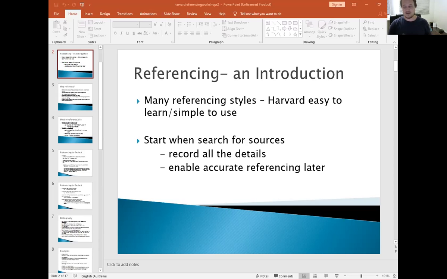How many times I've written an assignment and then forgot where I got the information from. An uncountable amount of times. You take information from somewhere, at least put the link or write the information down somewhere in your reference list. Do not just say, oh yeah, I got that from here.